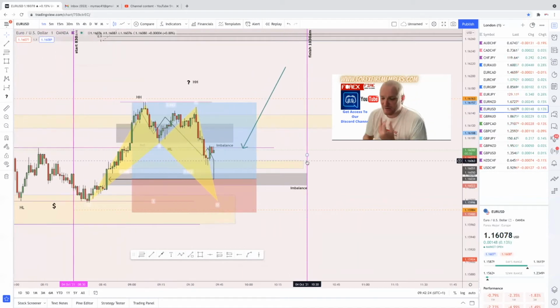This is why I'm very visual. I love to be visual. I like to highlight my areas so I can see why we're coming to mitigate from things. And again, the more you do things like this, the more you're going to be able to see when these things hit. You get yourself so excited, because then you realize when these things are hitting, and you've got your point of interest marked up,